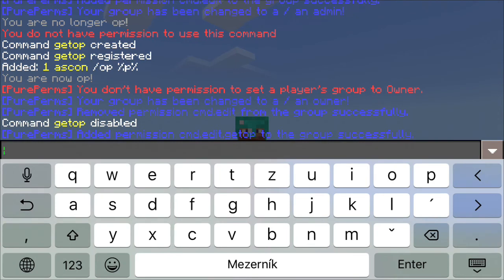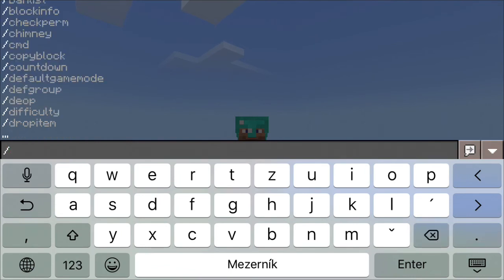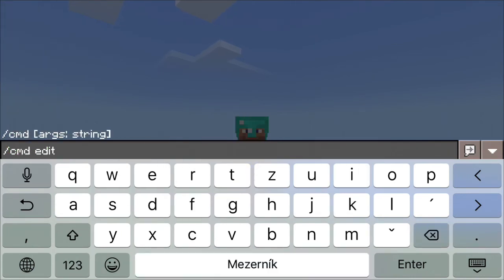So until I am ready to enable the command and I am ready to make other people able to use it, it's safe. So now when admin finally fixes the command, cmd edit getup, and let's do something harmless